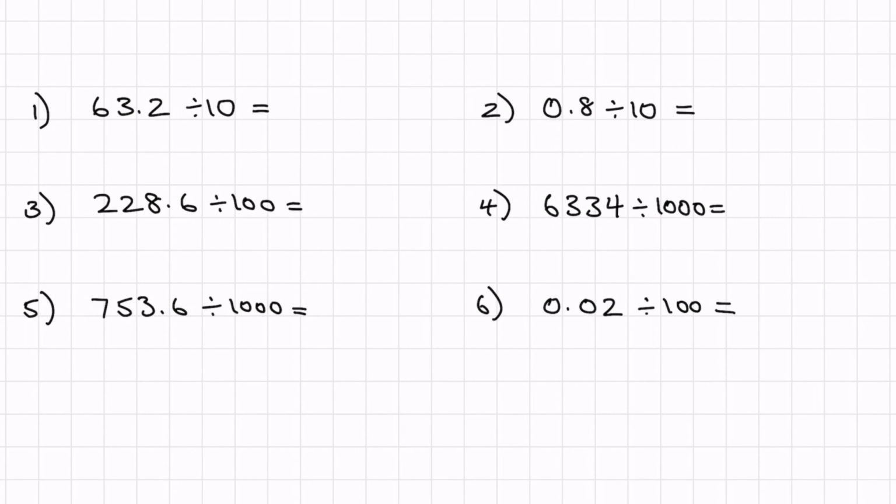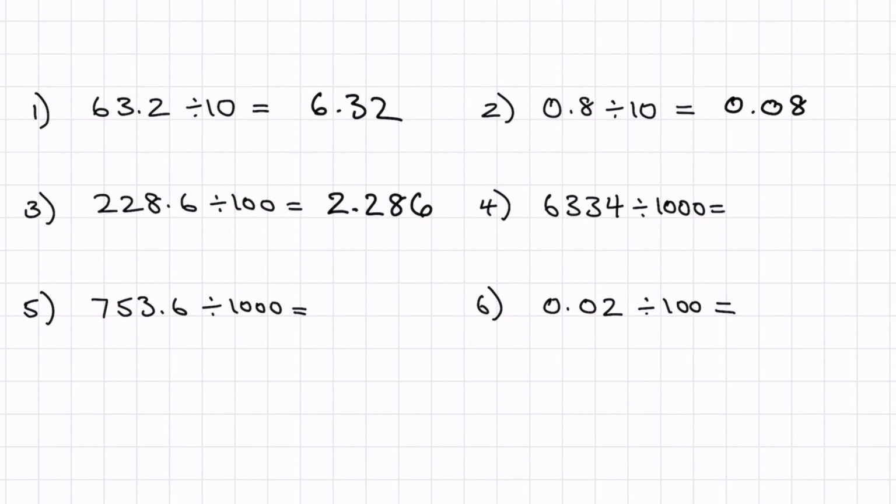I'll just quickly give you the answers. Question 1, 63.2 divided by 10 is 6.32. So the digits have all moved one column to the right. 0.8 divided by 10 is 0.08. So the digit 8 has moved one column to the right. 228.6 divided by 100. So this time the columns are moving 2 places to the right. So we end up with 2.286. And then for question 4, we have